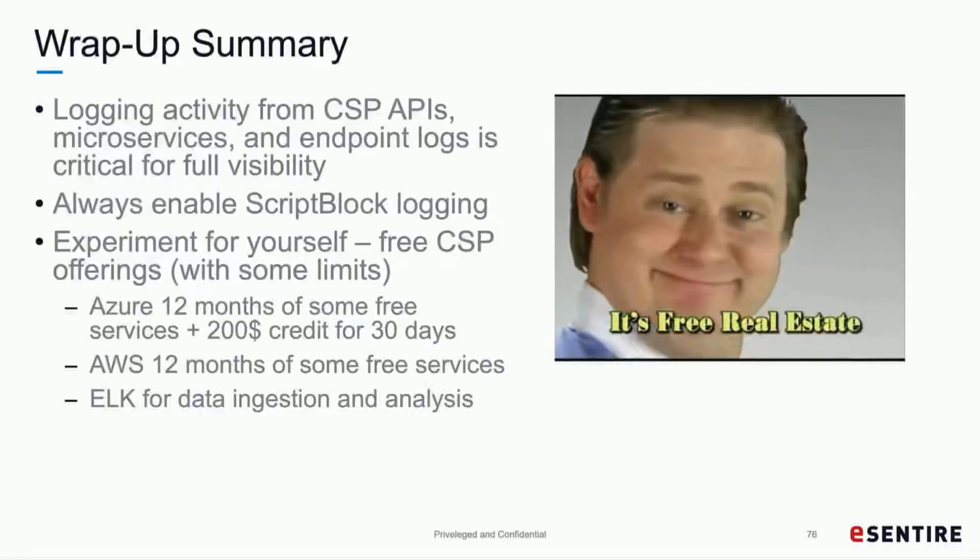So in summary, logging activity from the CSP APIs, microservice, and endpoint logs is key for visibility. We can't stress enough that if you're not getting visibility into your endpoints, you have no idea what's executing, because the CSP only tells you that content is executing, not what it is, which is a serious problem from our perspective. Always enable script block logging across any environment, on-prem, cloud, wherever, and suck that data in,